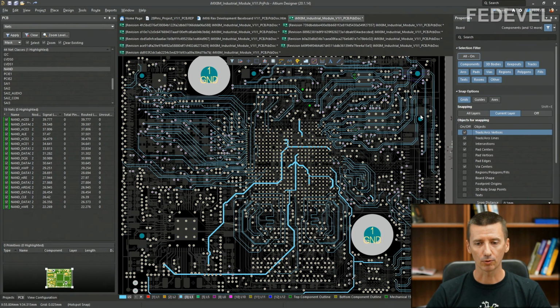In this video, I'm going to use the same board, but we will have a look at the layout from different times, from different revisions. The layout was done by a junior hardware design engineer, so I will point out the areas on the board which I believe can be improved, and I will explain why we would like to improve them, and also we will have a look at how the improved layout should be done. I really hope you will find this video useful, and let's do it.